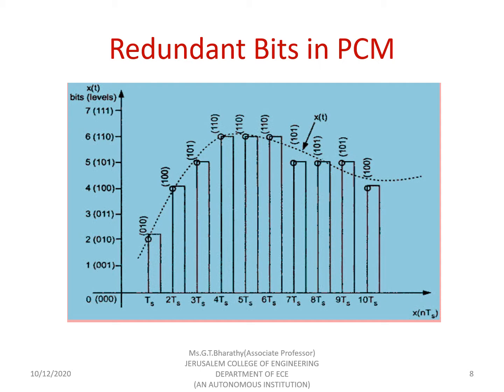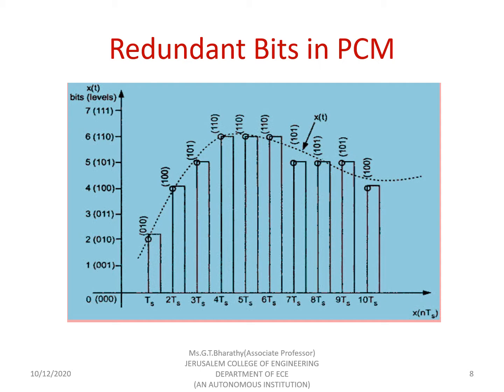Each and every sample is then quantized. After quantizing, the encoding is performed. The encoded value for each sample, you can see, is represented in the bracket as 0, 1, 0, 1, 0, 0, 1, 0, 1, 1, 1, 0. So like that you can see.